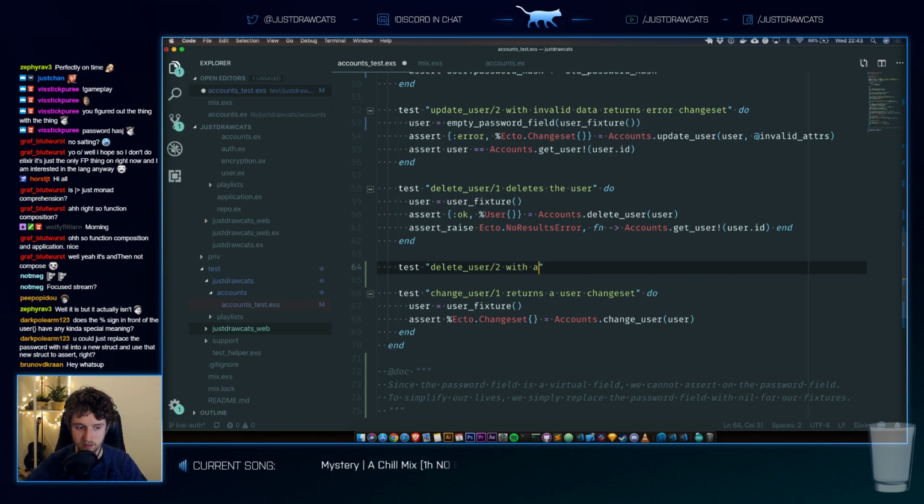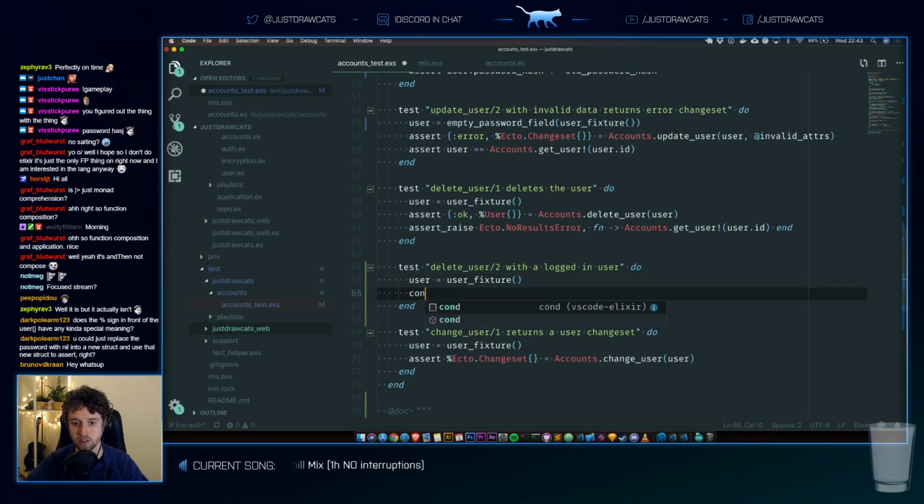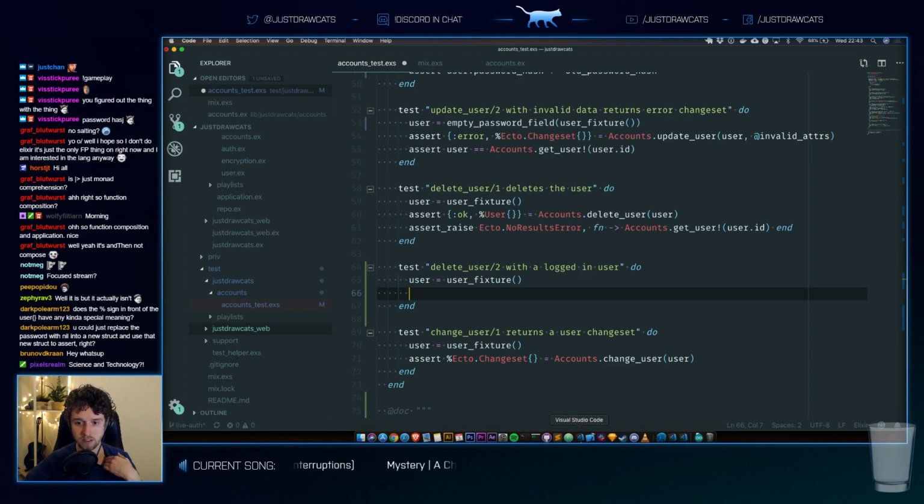With a logged in user, it would do. So we create a user. We need a connection somehow. And then we need to assert that if you are logged in with the current user